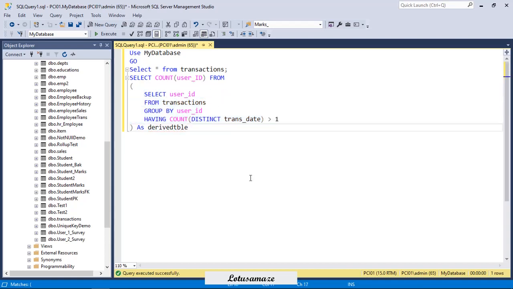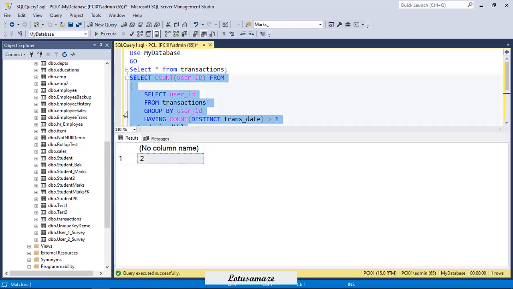Now if I try this whole query, I get the answer 2. It means there are 2 users who purchased items on different dates. So the best solution is, you can use a derived table or nested query for this purpose.